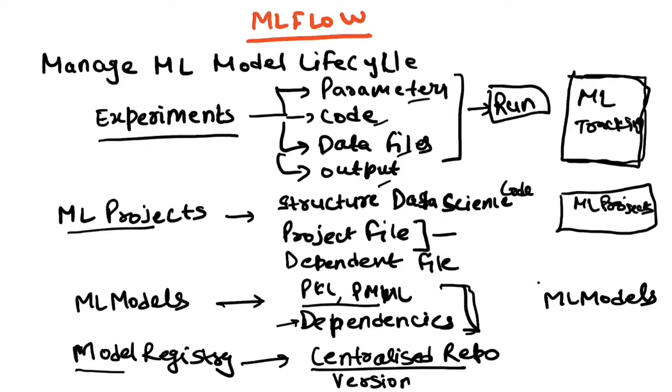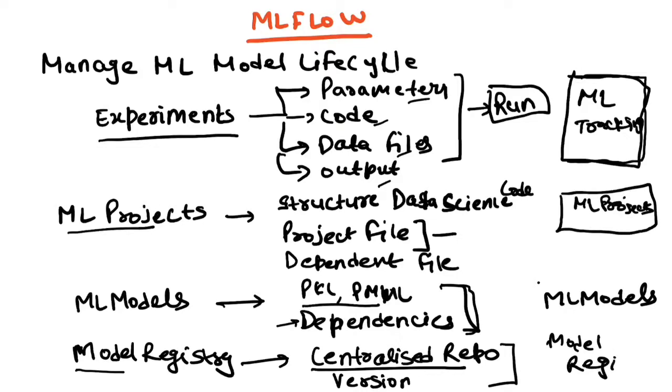version. So versions will keep on getting incremented whenever you modify any model within the model registry for the same model name. So it maintains a centralized repo of your model so that anyone else can track how this model has been evaluated, has been changed over time, and they can track back how this model has been served in production historically. So this component is model registry.